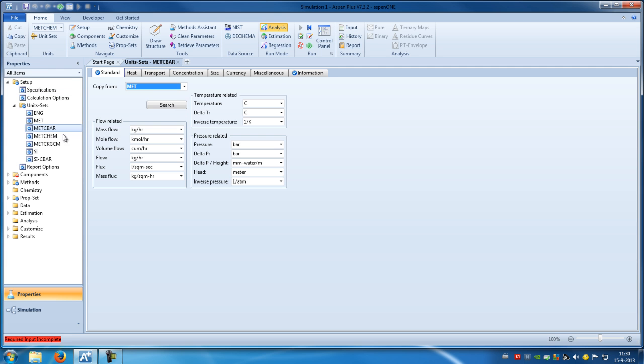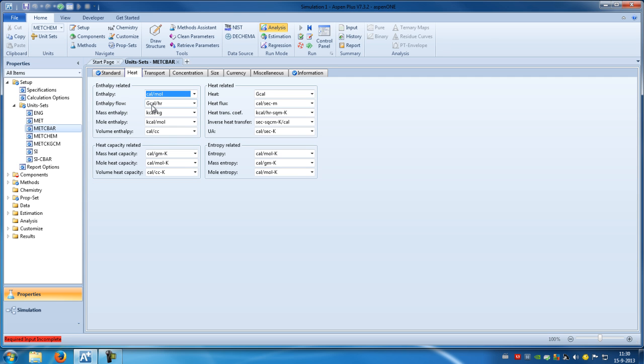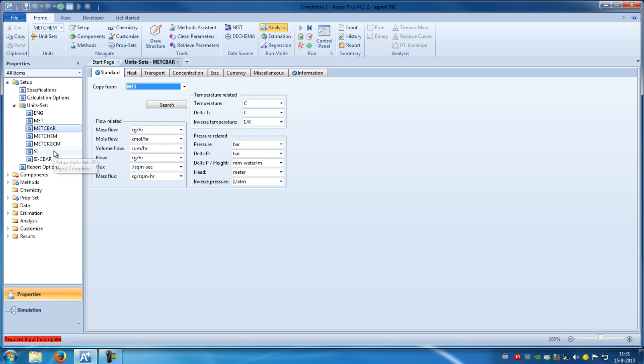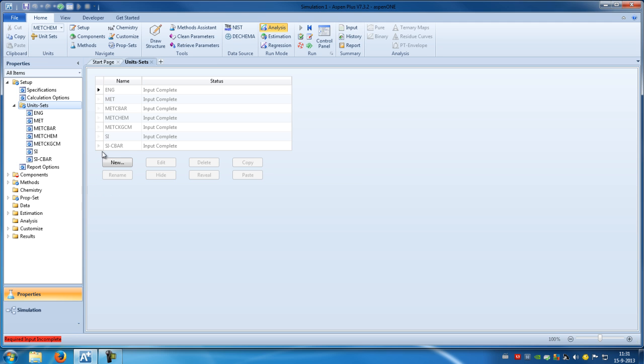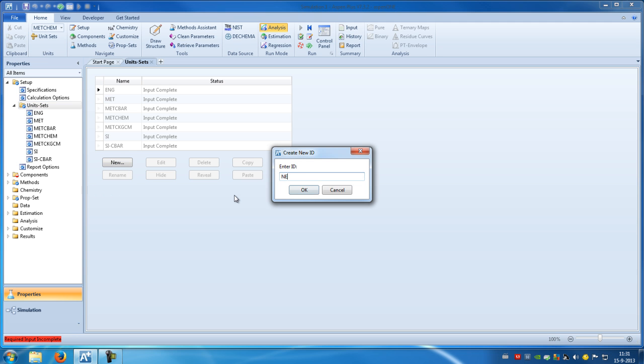But as I earlier said, the energy flow was in gigacalorie per hour, and I don't really like that, so I want to set that to something like megawatts or kilowatts, and that's what you can do here. You can select the MetChem and you can change it, but in this case I just first clicked MetCBar. You can change it here, but you can't change it here, and that's because this is a standard unit set. So what you have to do is go to unit sets, the folder, create a new one, for instance new one,